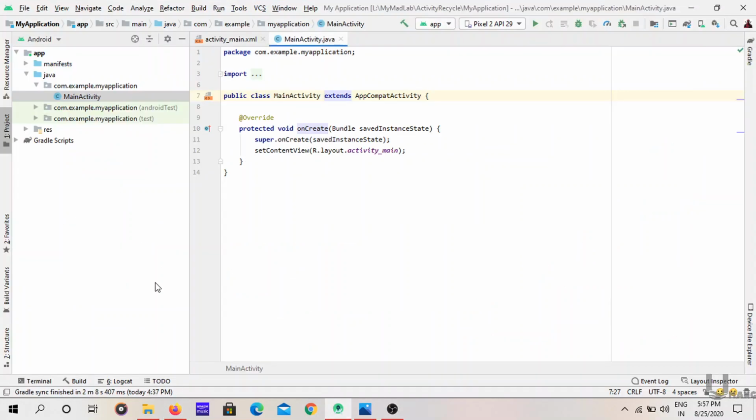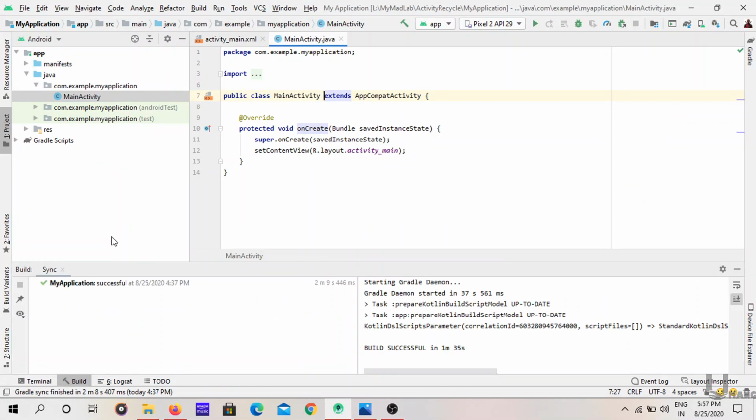Open your Android Studio and create a new project. I already did that work. See, this is my Android Studio, and my build process is also finished, so I can move to the coding part to do spinners. Wait a second, I'm connecting my phone to Android Studio.